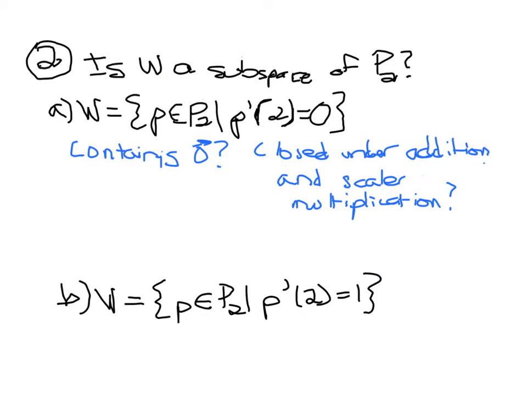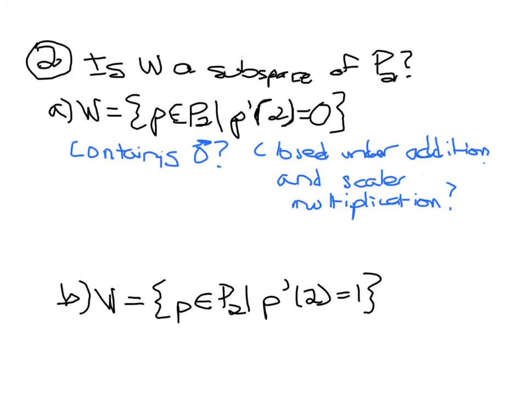I wanted to talk through problem 2 from the written assignment, which was a commonly missed question. So in problem 2 on this written assignment, you were given two different subsets of P2. Now P2 is the collection of all polynomials degree 2 or lower. And with A and B, you're given an additional criteria so that we're dealing with a subset of that